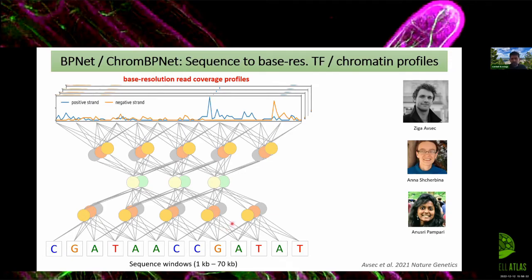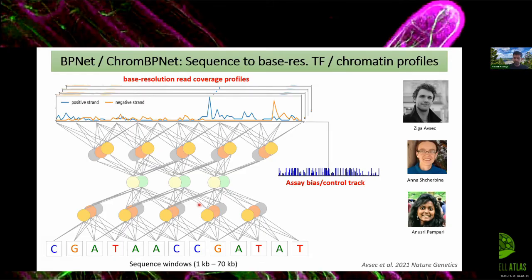So bias correction is very important, and we have ways to input various kinds of bias tracks or learn biases de novo from the experiments themselves, regress out that bias, and allow a component of the neural network to learn what we think is